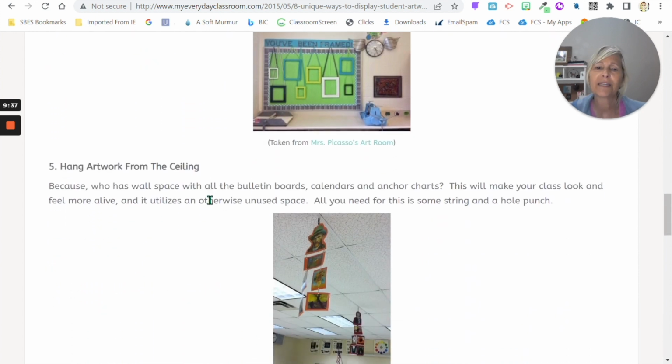This one is a little bit iffy in my mind. Yes, hang artwork from the ceiling, but please make sure that you check with your local policies from your safety and fire marshals, because it is not always permissible that we can hang things from the ceiling. Cool idea,